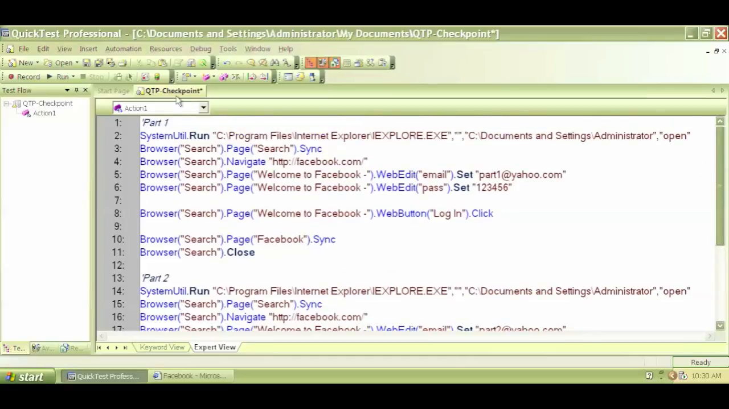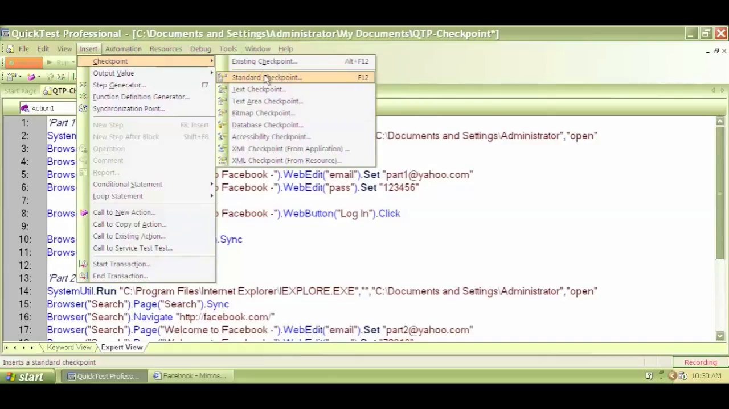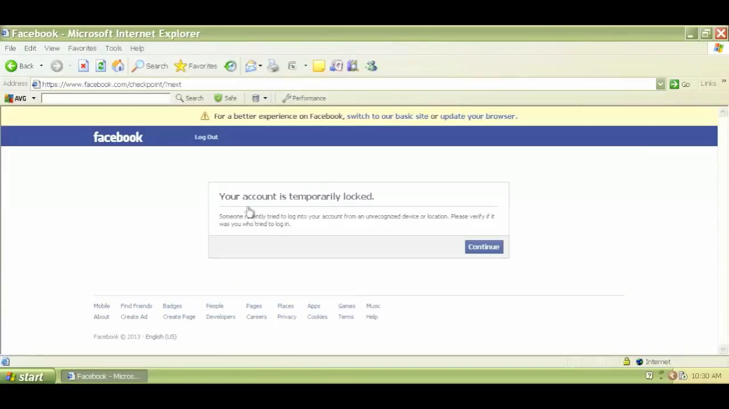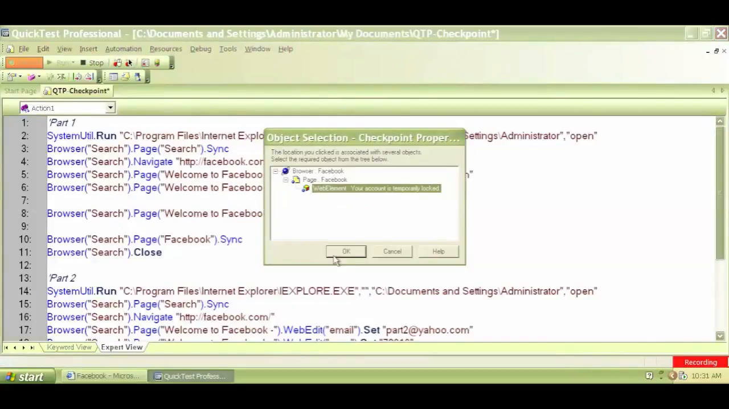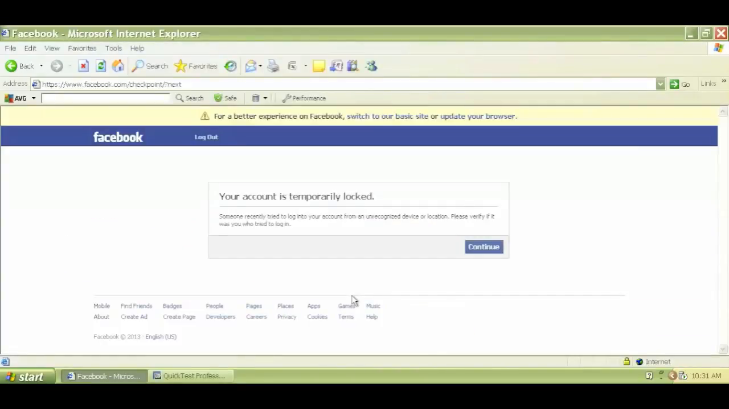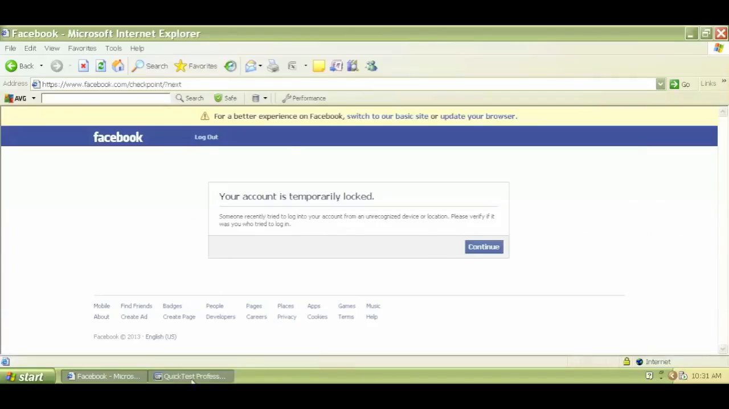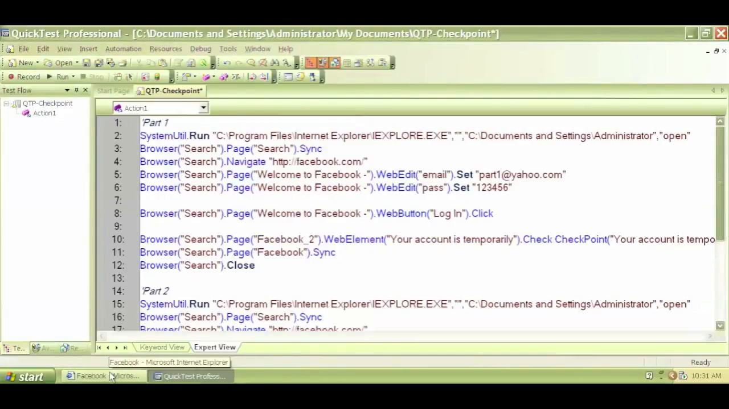So instead, we can put a different checkpoint. We can click on run, click on record, and insert checkpoint, standard checkpoint, and click on this value here with the hand sign, and click OK again, and the checkpoint was inserted. So we replaced the checkpoint with a new checkpoint, with a new error message. So we'll just stop the recording, close the browser, and